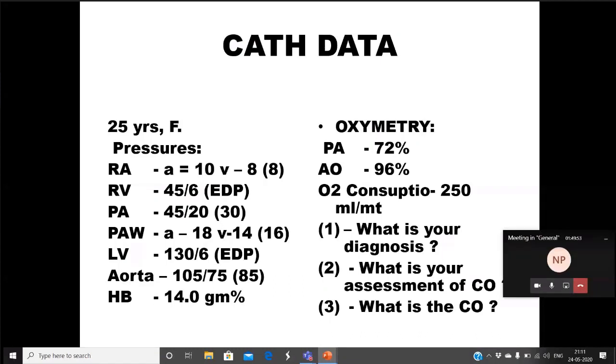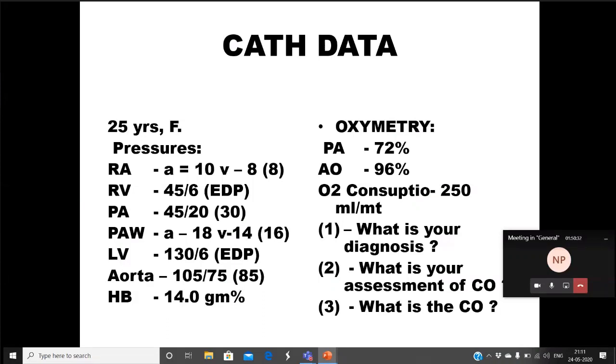So should I interpret, sir, or should I go first to oximetry? If you want, you can go, but first the pressure data. What are the abnormalities? Sir, there is a mild gradient of 4 between RA and RV. Then there is a mild PH also, sir. There is a stenosis between LA to LV, sir. Mitral valve, that's an obstruction. Yes, very good. Mitral valve obstruction, and then there is a 25 gradient between LV and aorta. So that is also a mild obstruction, sir. Okay, right.